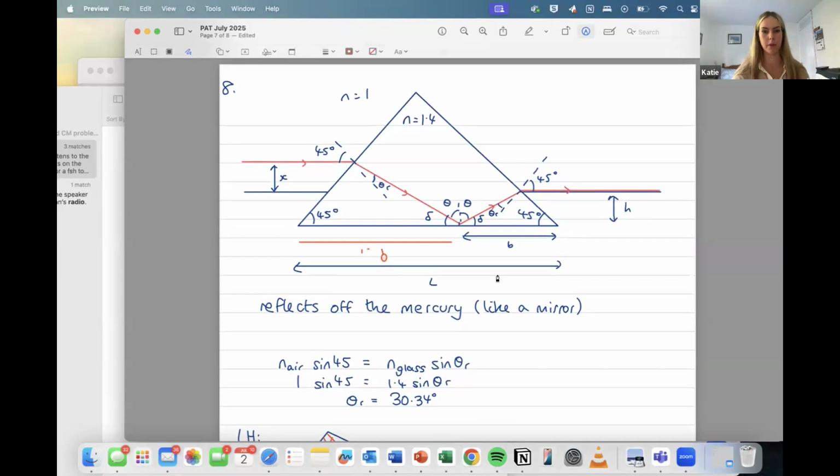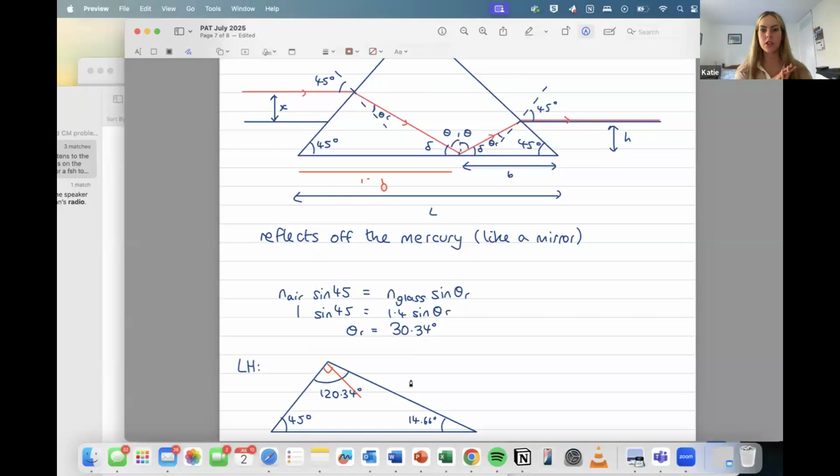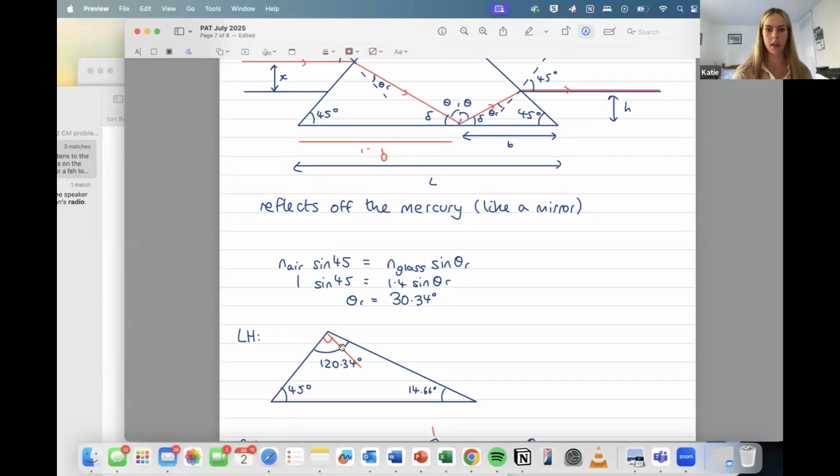Now we want to work out what some of the numbers are. The first thing we have all the information for is theta r. Just using Snell's law here, we get theta r as 30.4. Now we're going to do some triangle geometry to work out other angles. Using triangle 1, 2, 3, this left-hand triangle, we know what theta r is, so we add that to 90 to get the whole angle at the top, plus 45, and whatever's left to make it up to 180 must be this bottom angle. That's this delta here. Then theta must be 90 minus delta, since that's a right angle.